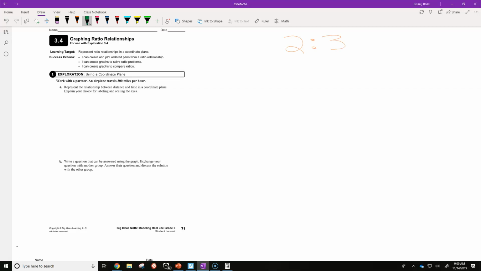Once we completed that, we went to tape diagrams. How do I represent this? Well, 2 parts for every 3 parts. So we did our ratios, then we learned how to do tape diagrams, and we found out how much each part was worth. Then we went into lesson 3, in which we